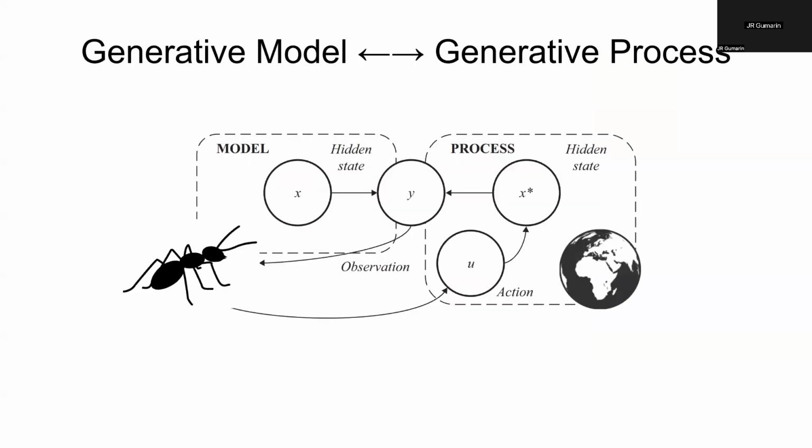Next, I briefly introduced last time the idea of a generative process and a generative model. A generative process is whatever is actually happening out there in the world, which we don't ever have direct access to or contact with. Rather, that generative process, which could be atoms in the world, for example, generates observations, sensory data that we actually perceive or have access to.